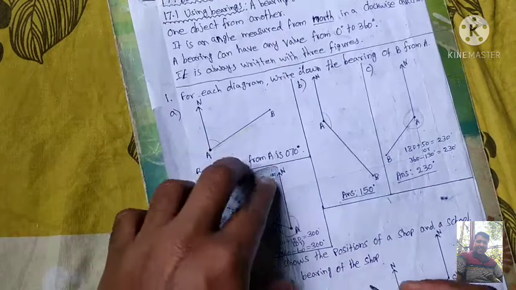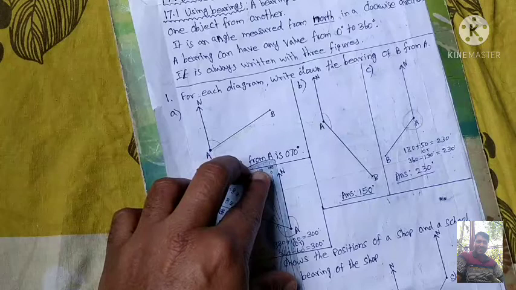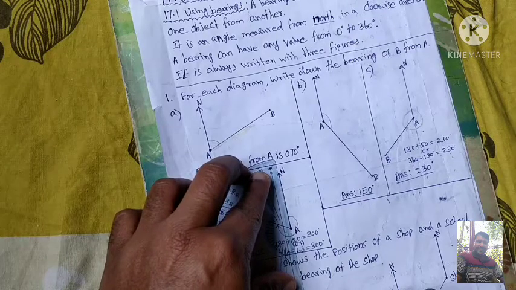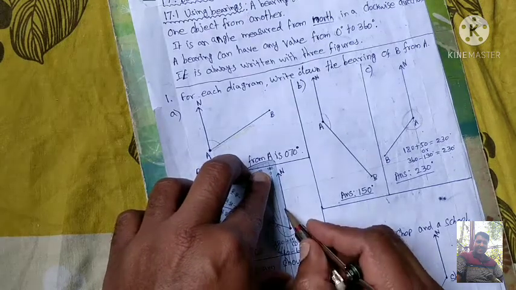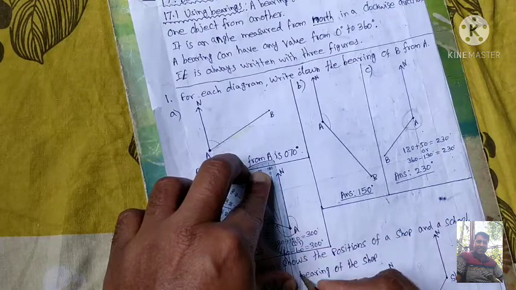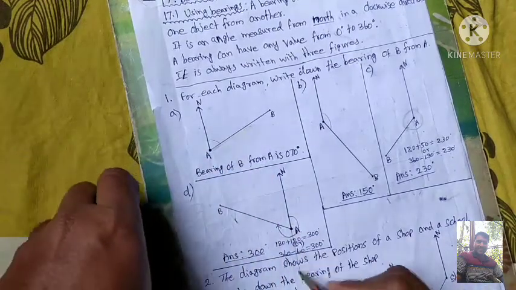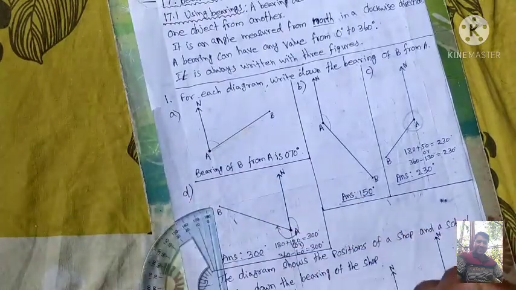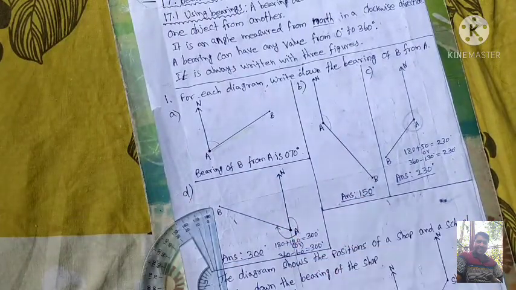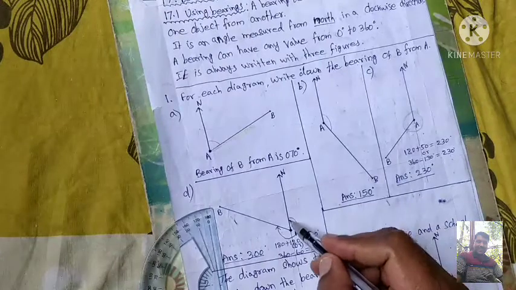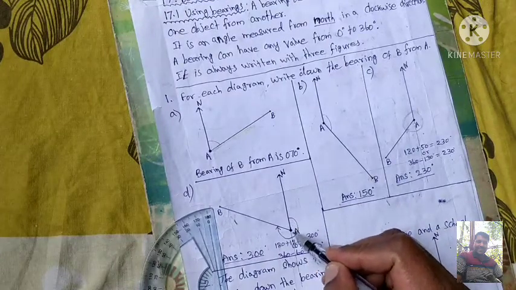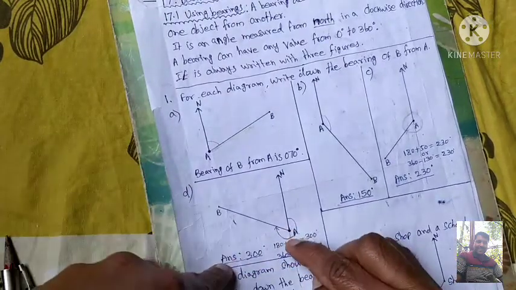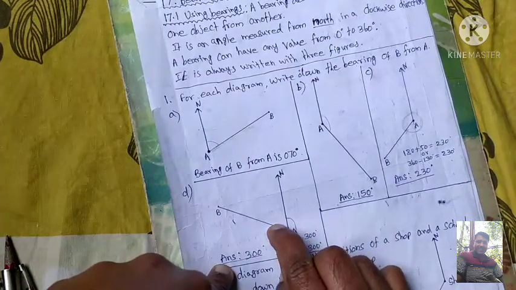180 plus method means what? First you have to draw the straight line. It is easy for you, that's why I am telling. So first draw the straight line. So I draw the straight line here. Now put your protractor the opposite, because you already know this angle is 180 degree. So the straight line angle is 180. So we already have 180. Now we are going to measure this angle, okay, from this line to B line, okay, line B.